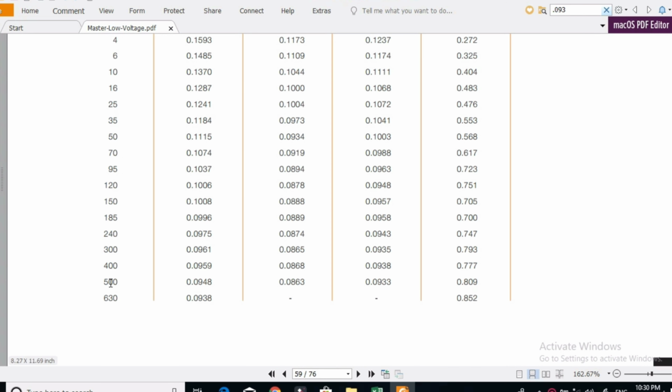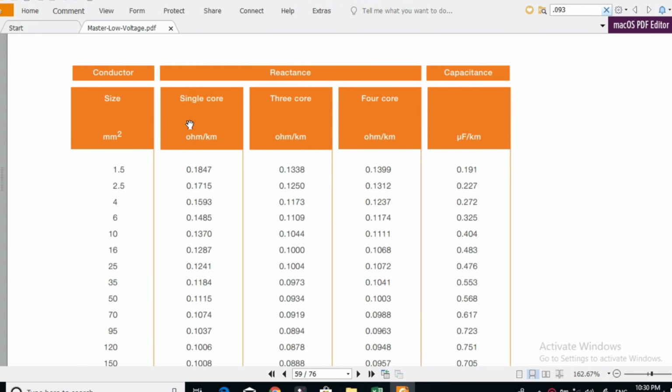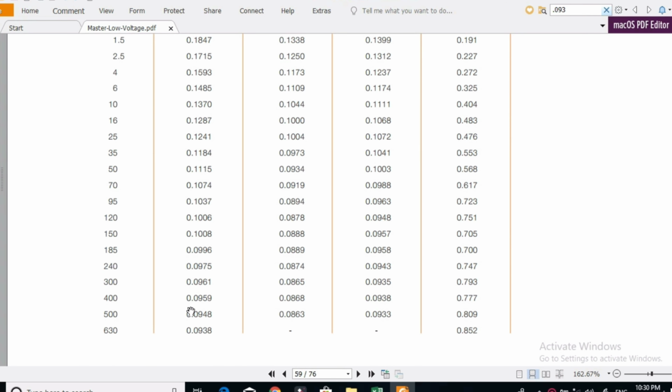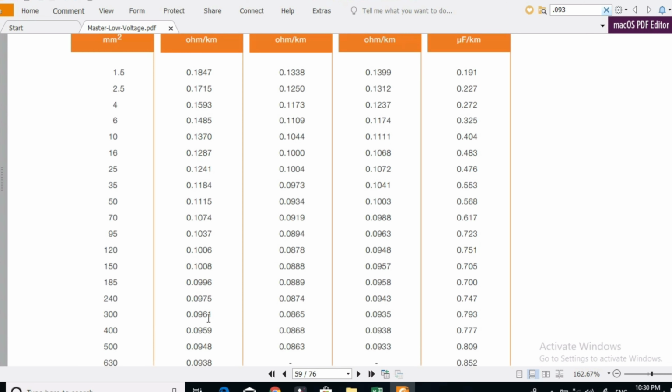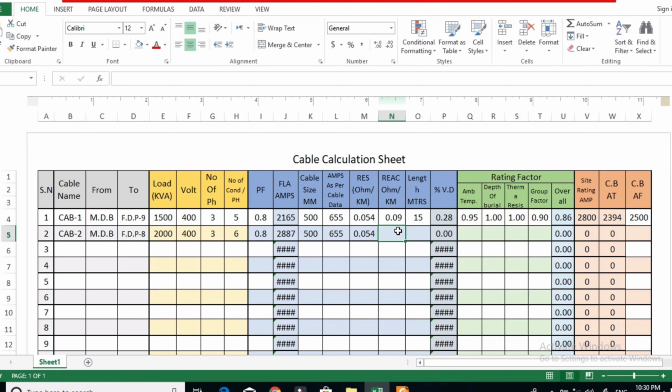Now here at 500 mm for the single core, the reactance will be 0.948. I will go back again and type it, 0.9, and suppose the length of the cable